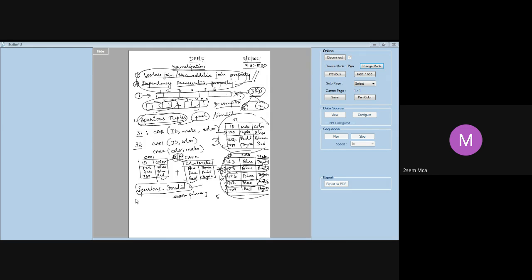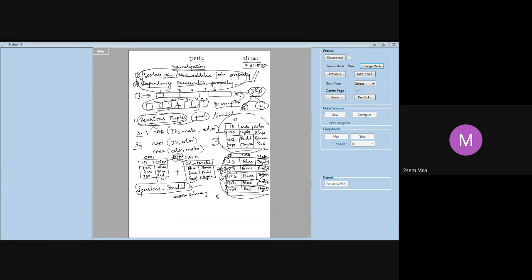Now, out of these 2 properties, the first one, the lossless join, is a critical one. It has to be achieved at any cost. That means spurious tuples have to be avoided at any cost. Whereas dependency preservation is desirable, but sometimes it is not taken care of. It is still okay if you don't preserve all the dependencies, but you cannot allow spurious tuples to come in. So these 2 are the important properties that you should know whenever we talk of normalization. Apart from normalization, the database should also preserve or follow these 2 properties.